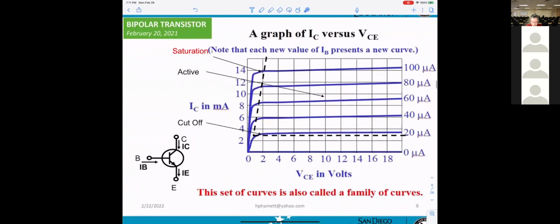Okay, try to understand this thing. The graph of IC versus VCE. Okay, now you can see in here. First one, this stands for IC. This stands for VCE. What is it here? 20 microamp, 40, 60, 80, 100.